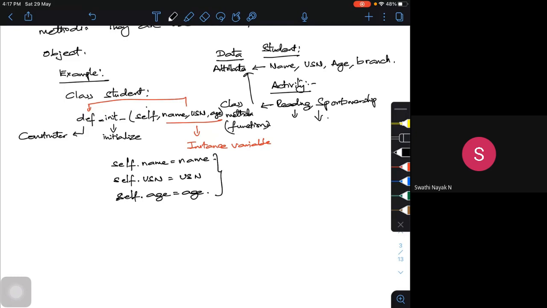If I want to look at that particular activity, maybe by age, I can tell that this particular person has so much percentage. So age, comma percentage. Then self.percentage is equal to percentage. So these are some variables which I have created, instance variables.